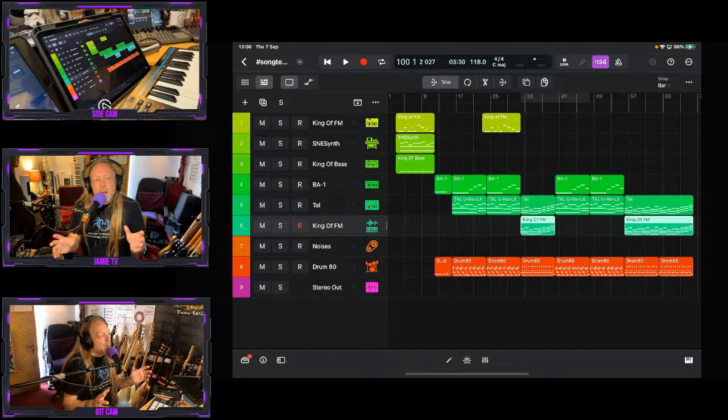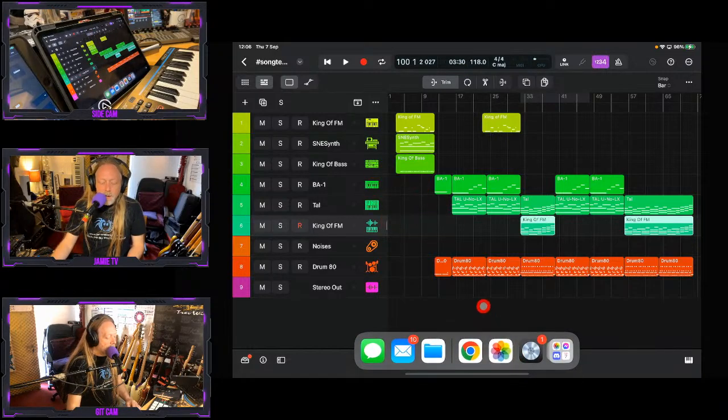I always keep the same kinds of instruments in the same kinds of colours, which is a little bit frustrating about some of the iOS DAWs. They don't have that many colour choices, and there could be more in Logic Pro for iPad, but it's not bad compared to some of the others. What I do is synths are always green, so if I have multiple synths in a project, then I have multiple greens. As you can see in this project, all I have so far is synths, and my drum track. I was going to say one drum track, but if I go to my mixer here, of course,